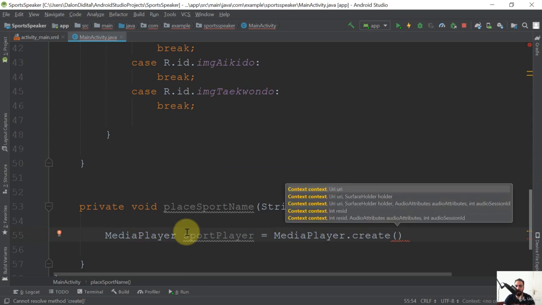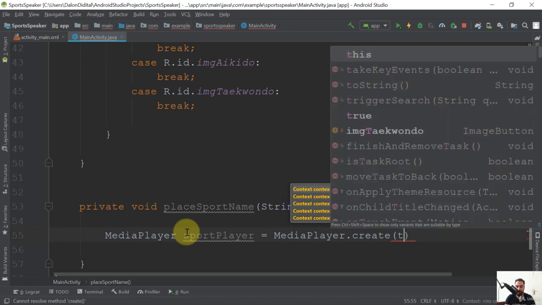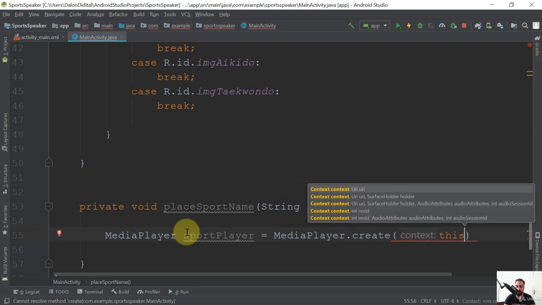So let's just call the create, and here you can see that we have, for example, a version that needs a context and a URI. We have other versions that needs a context, a URI, and a surface holder. So for our case, first we just need to pass the context. So the context, I'm going to pass only this. You can say MainActivity.this, and as the second argument,